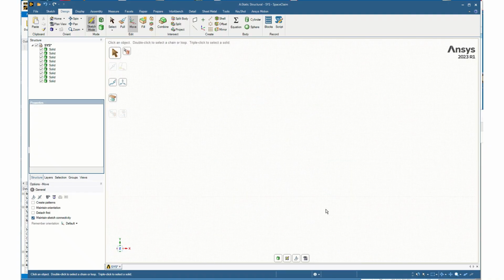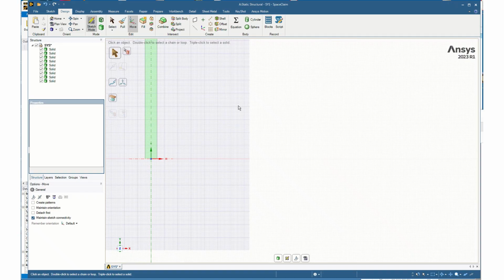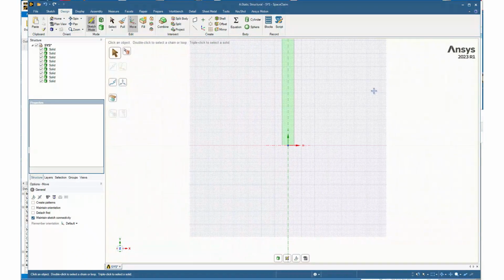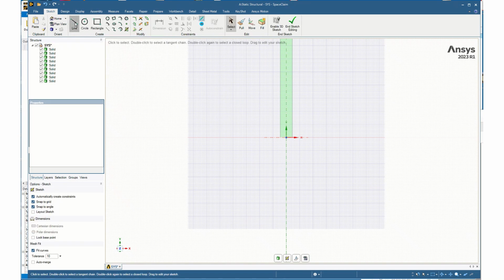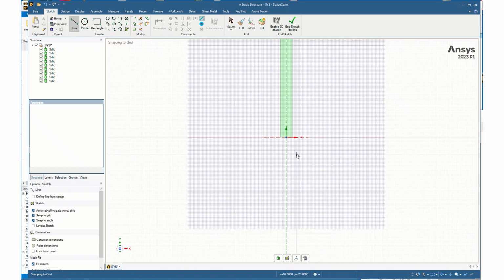and zoom in so that I can see where I'm developing my I-beam cross section. And I'll make this a little bit bigger so it's easy to see, and then center it. So to create my I-beam, I'll come back up here to sketch mode. I'll click on the line tool, and now I want the center of the I-beam to start right there. So I'll click there, I'll drag this point out, and based on my I-beam dimensions, this is going